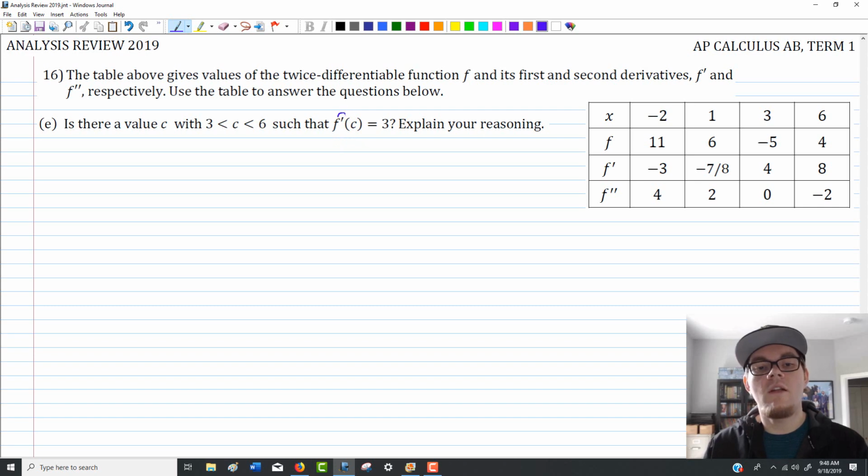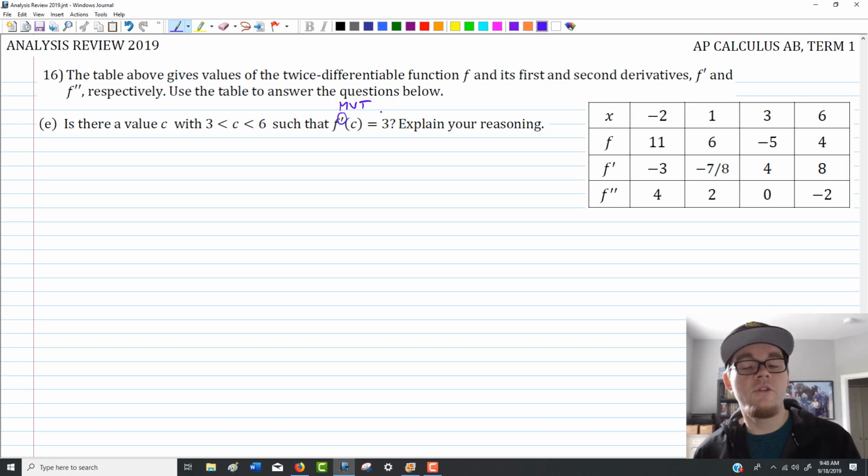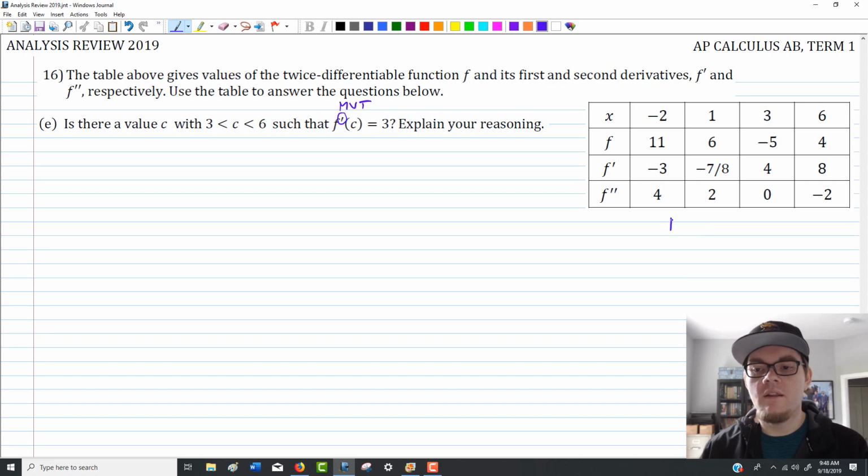And as soon as you see that little f prime of c up there, that should lead you to think about the mean value theorem. It doesn't mean it's not possible for it to be IVT. It could absolutely be the intermediate value theorem, although in this case I made it so it can't be. But seeing that prime leads you to think that this is probably the mean value theorem, which involves the average rate of change and the derivative. So with the MVT, again thinking about requirements here, the things that you need are continuity and